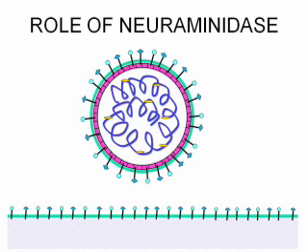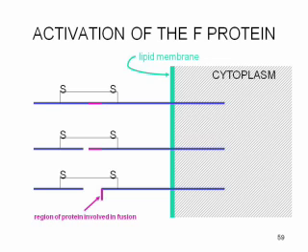Of course, it will meet mucus as it floats away, and it will probably bind to the mucus, but again, this neuraminidase will digest the sialic acid off the mucus, and the virus won't get trapped. This is really important, because otherwise the virus would just get trapped, and you would have a very local infection, and it wouldn't be able to cause all the nasty things that it does cause.